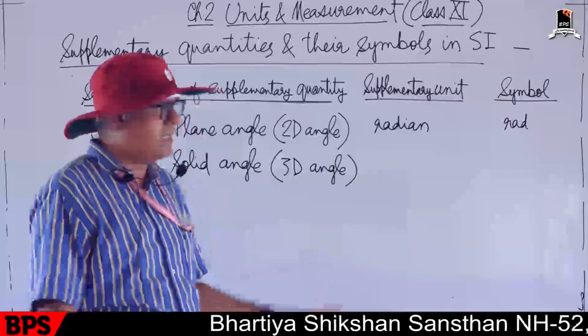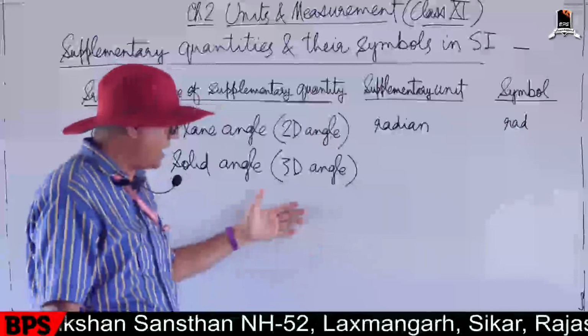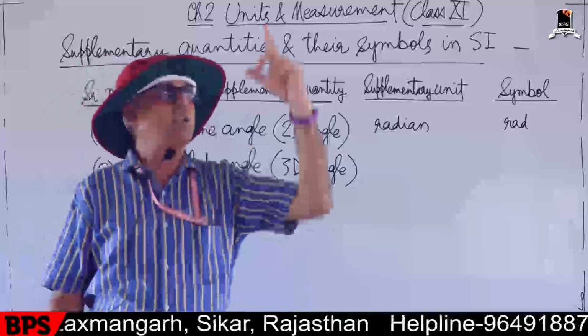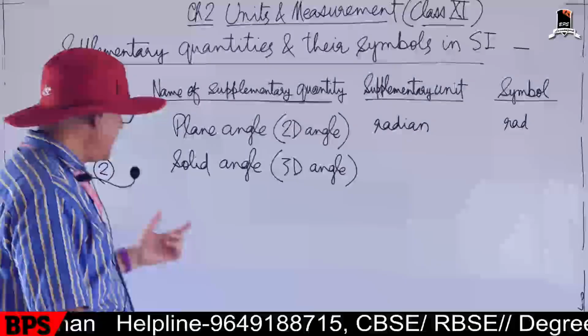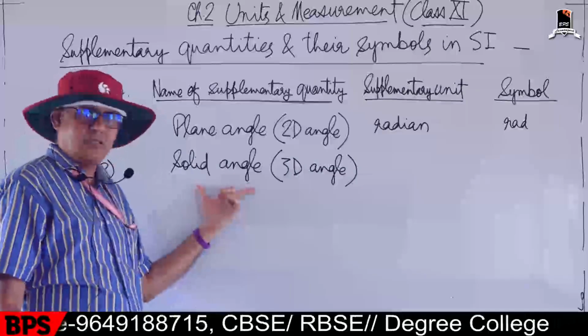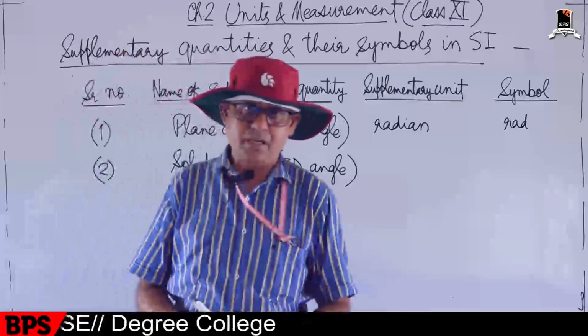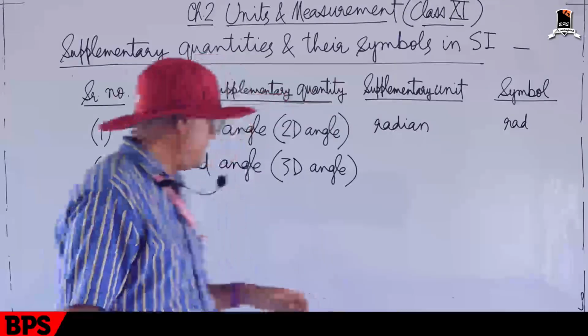It is lying in all three walls, means it is coming out of this wall, it is coming out of that wall, it is coming out of that roof also. So there are angles which come out of the plane of the paper, and those are three-dimensional angles,